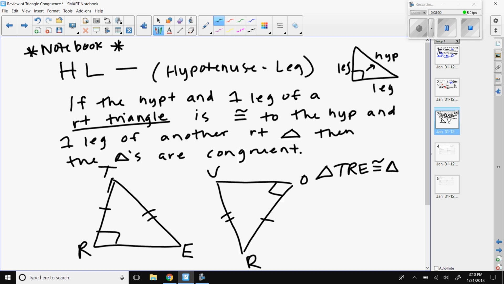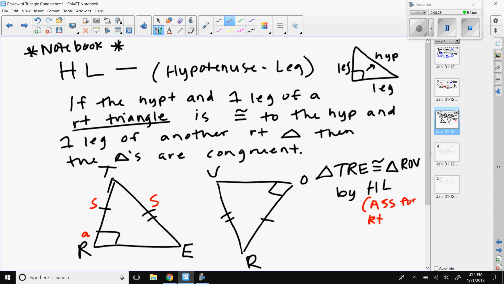I don't know if I did it correctly. I think it's going to be BRAV here. Triangle BRAV by hypotenuse leg. And this is how mathematicians get away with using the ASS congruence. Because they have an angle here, A, then they have a side, and they have a side. So really hypotenuse leg is really that triangle congruence theorem, ASS, that we said couldn't work